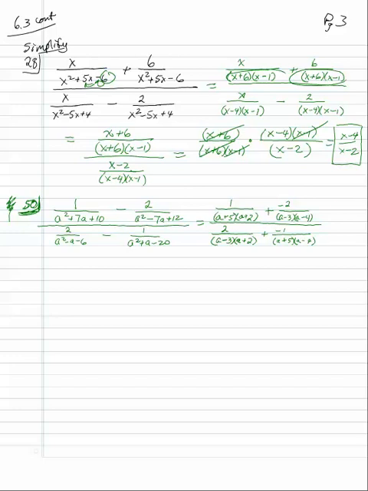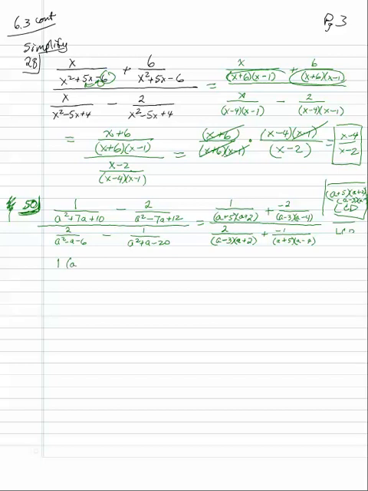Okay, so now I'm going to find the LCD for all the little fractions, which is going to be a plus 5, a plus 2, a minus 3, a minus 4. So it's going to be all of those, those 4 things. It's going to be all of those, and it's going to go on the top of each one, and then